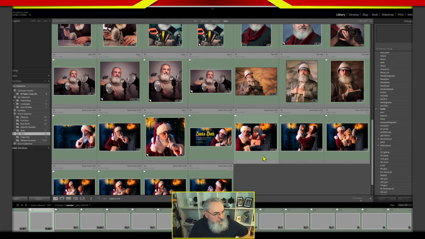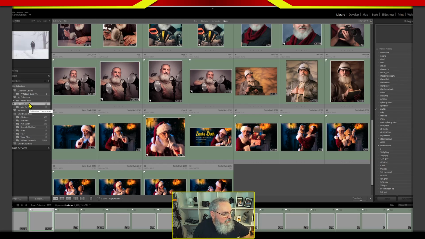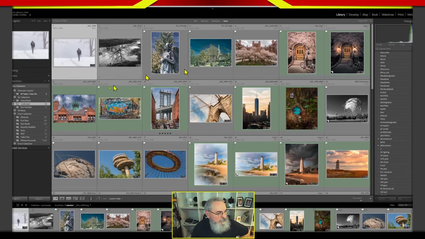So the other thing you can do, all right, is create a custom keyword that gets triggered specifically for your project. All right. So for example, that one that I was working on with the landscapes, this one here. All right. So if I double click on that. Oh, that's not a smart collection. That's a regular collection. Never mind. Let's see. Well, I think I